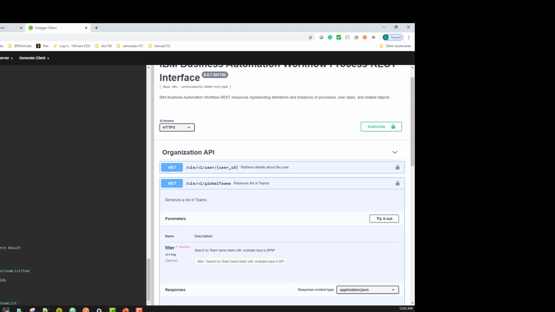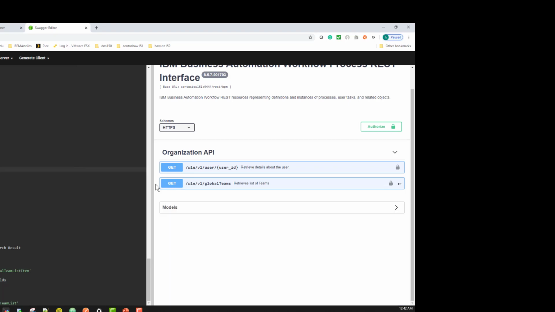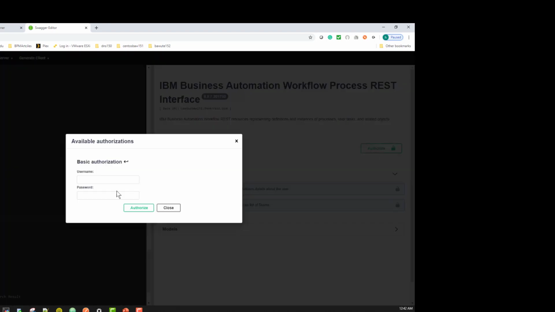So the good thing about here, for example, if you don't want to include this task collaboration, you can simply remove it. So when you execute it, the response will not contain this task collaboration. Okay, so let me execute this one. So let me authorize